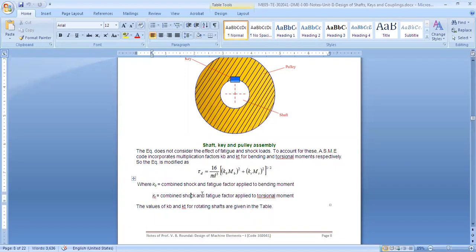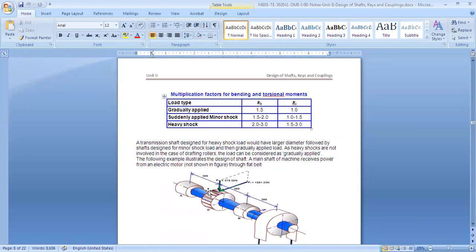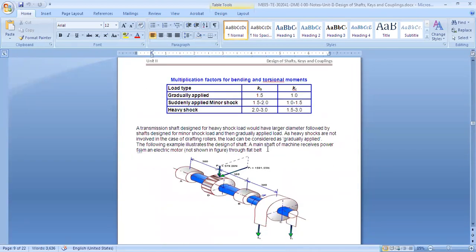So now if this concept is clear, I will take an example. We now know the basic design of the shaft. Now we'll take as many examples as possible, so you will know different varieties of problems, your basic concepts will improve, and we will also understand the new concept we are learning in this lecture. So I'm going to take a numerical. Anybody has any doubt, you can ask me.